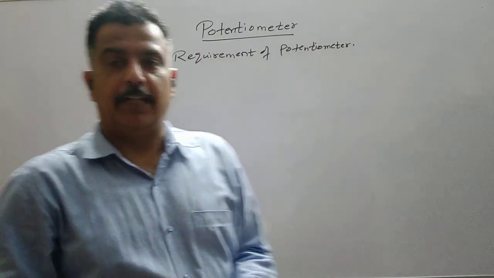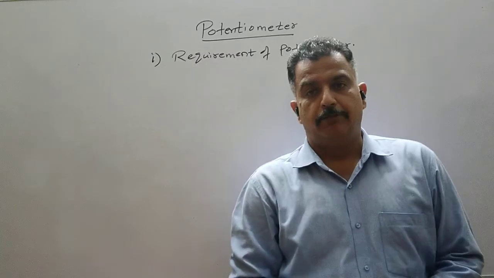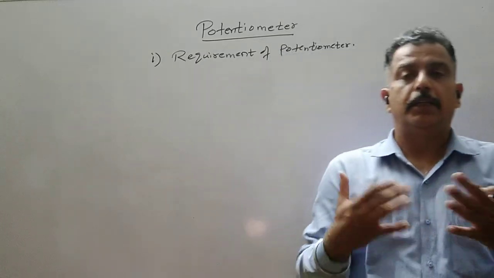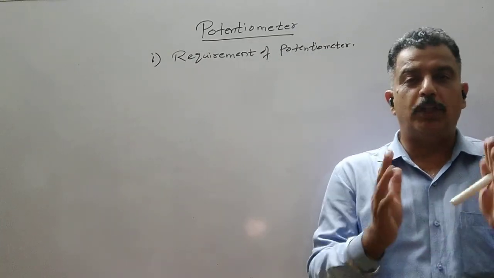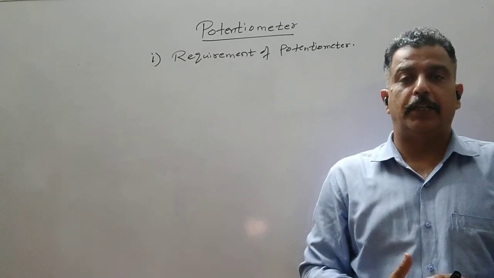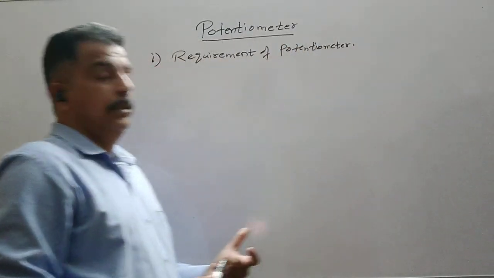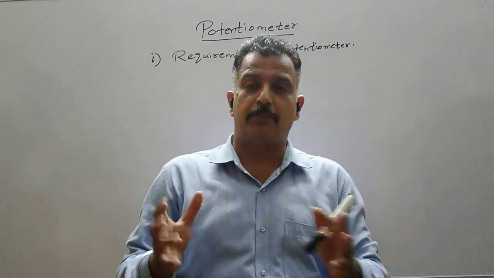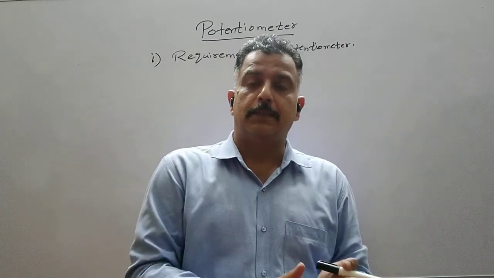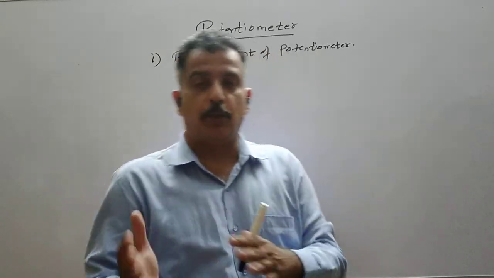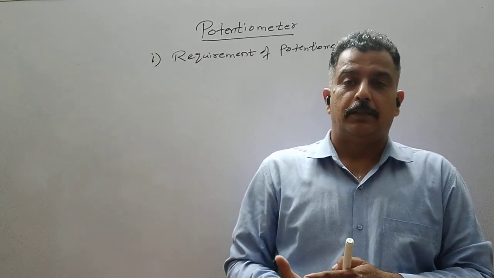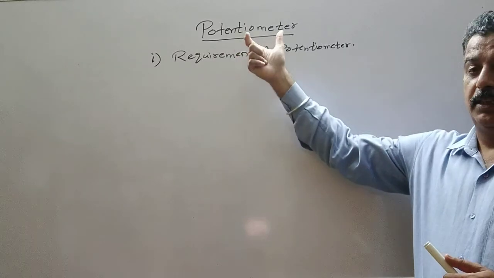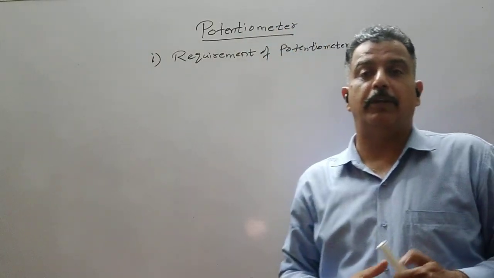Now see, we have a device called voltmeter which is used to measure the terminal potential difference. The voltmeter cannot measure the EMF of a cell. First we have to discuss why the voltmeter cannot measure the EMF of the cell. And because voltmeter cannot measure the EMF of a cell, we need a potentiometer. Basically this device accurately measures the EMF of a cell.